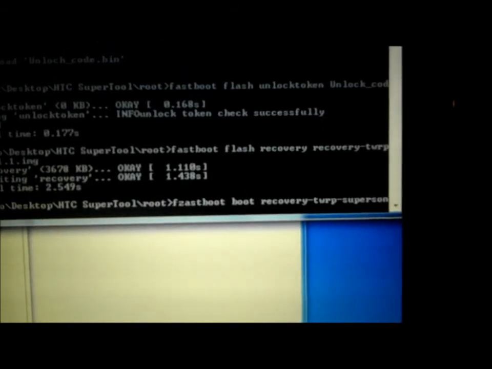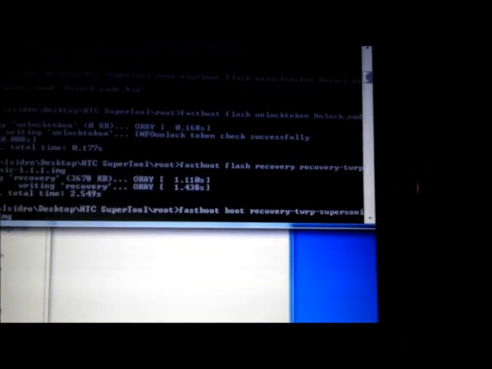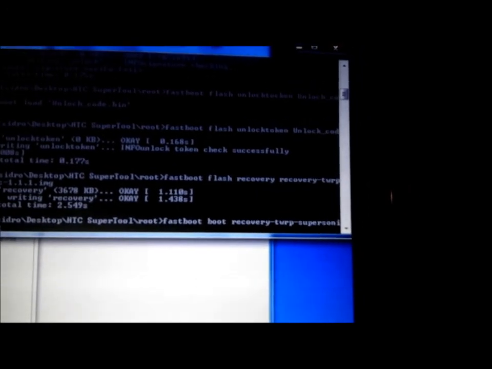I know I put boot in there twice in the guide, and I apologize for that. If you'll notice, I have a Z in there, so we want to get rid of that. So you've got fastboot, just one boot, recovery, twerp, supersonic, and like I said, you can rename the file over here so it's just recovery, and then you'll have to type recovery.img. You have to put the .img in there so it knows what image file to pull. So then you hit enter, okay, and